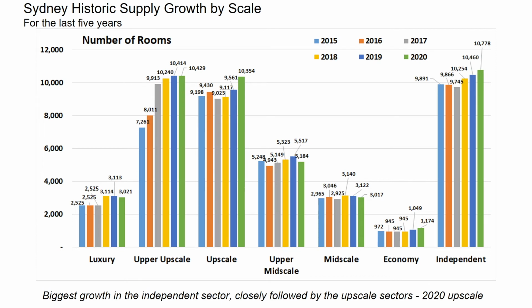This chart shows the number of rooms in the same time frame as the last slide, so in the last 5 years. And here it's interesting to see that the independent hotel category, the upscale category, and the upper upscale category have about the same number of rooms available. But as you remember from the last slide, there was a big difference in the number of hotels that are available. So this leads to the assumption that the upper upscale hotels and the upscale hotels are a lot bigger and that they provide a lot more rooms than the hotels that are part of the independent hotel category.